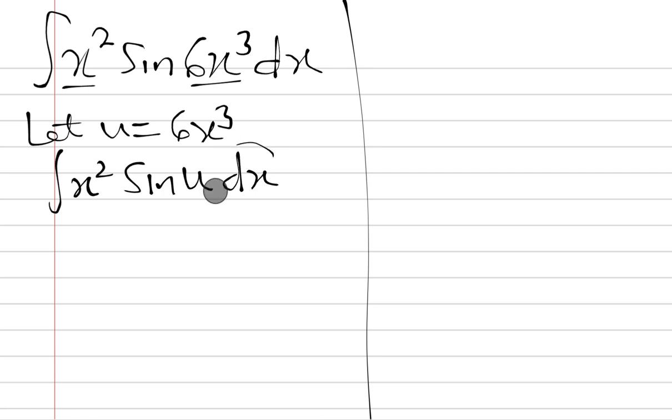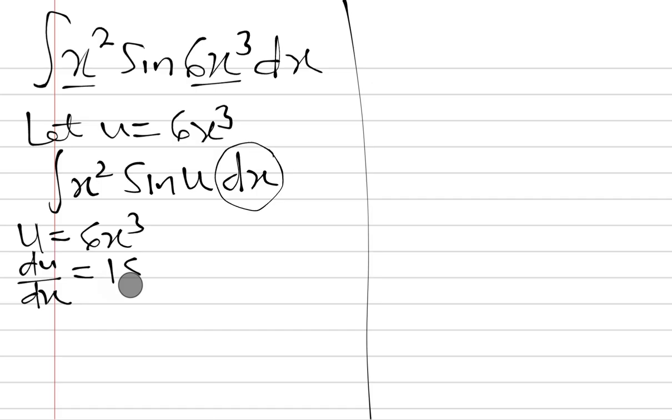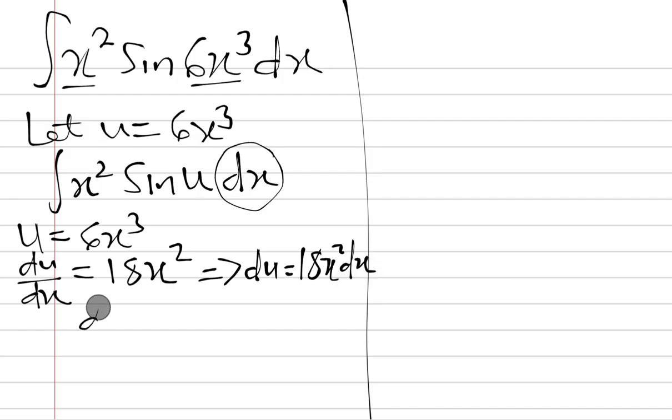I want to change my dx now. So I will now have u equal to 6x cube. That means my du dx will be 18x squared. If you cross multiply, you will have du equal to 18x squared dx. And that means dx is equal to